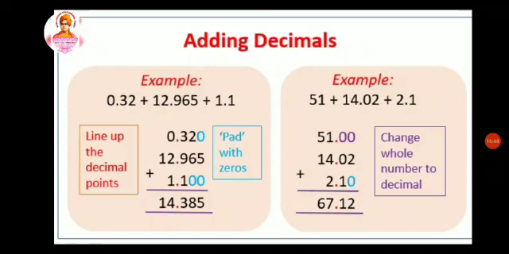So 0.32 has changed to 0.320. And the second number, I already have 3 digits, so I just write the number as such in the question. In the third number, I have only one number in my decimal part, so I need 3 decimal places. So I am going to add 2 more zeros there. So it changes to 1.100. Now I found the like decimals for the given numbers. Then I go for addition.